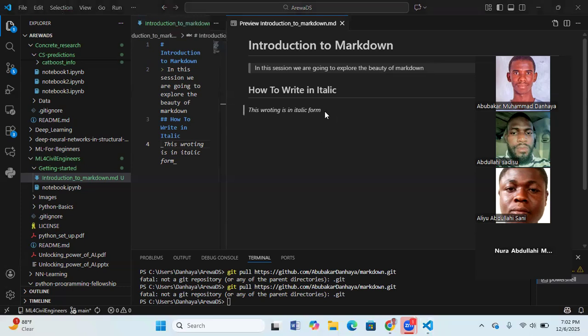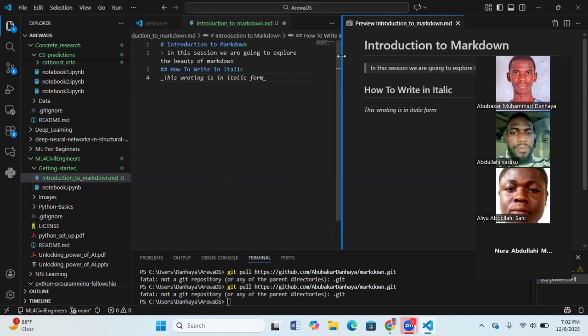Yes. So this is how you write in italic form. What you should do is write single underscores. After the single underscore, you write your letter, what you are going to write. But always make sure that the underscores are attached to your letter. And also you can highlight something. You can make something bold, right? Maybe I want to make an emphasis. For example, maybe let me add something like